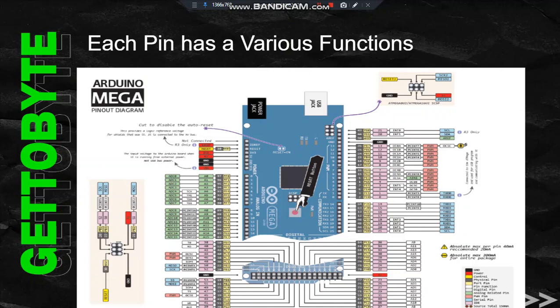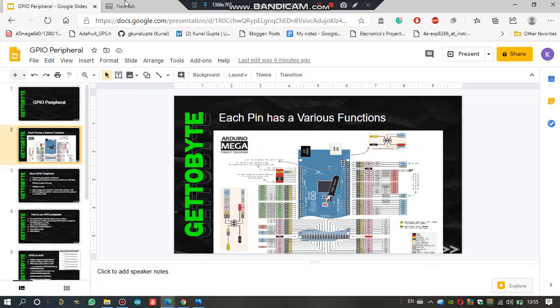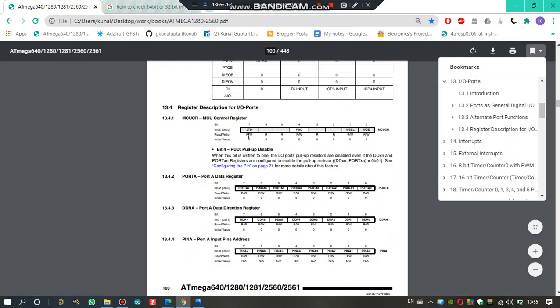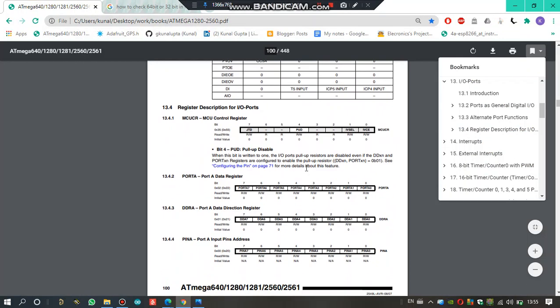Now how should a metal pin of an MCU work? How can it know that this function has to be set now, or we have to use this peripheral now, or these features now? For that, we have peripheral registers. Now by setting the bits in the registers which are dedicated to a peripheral, like I showed you on a data sheet. See, this is the data sheet of the ATmega2560, and these are the registers for the GPIO peripherals.